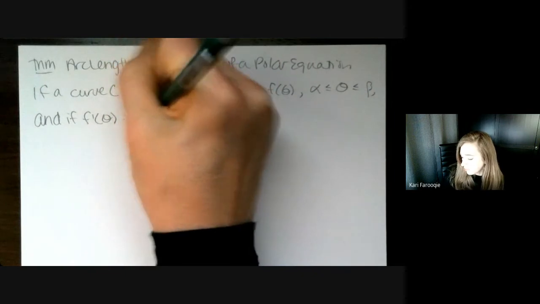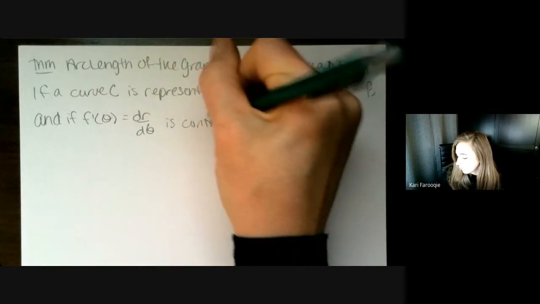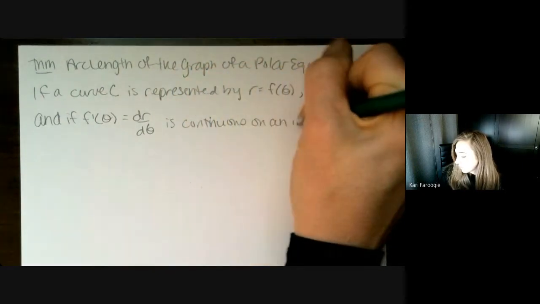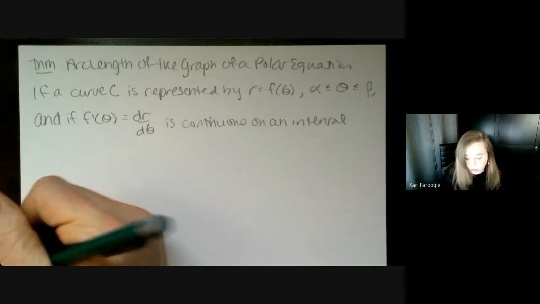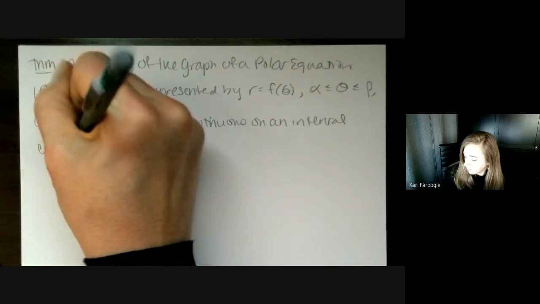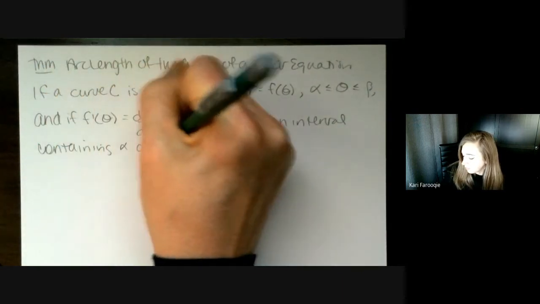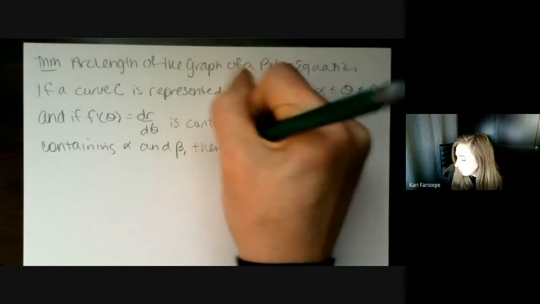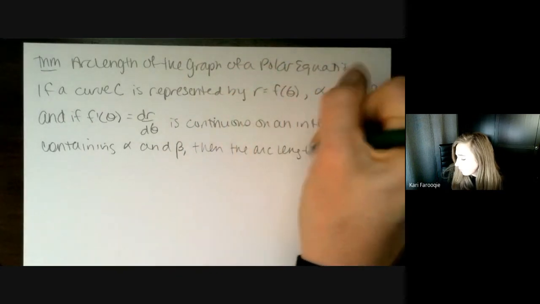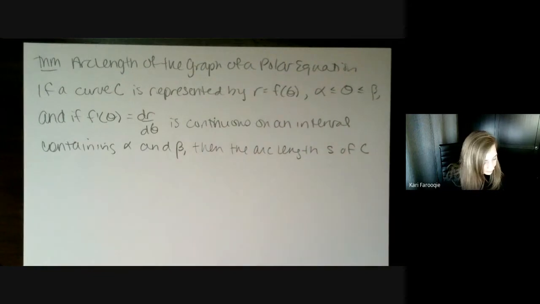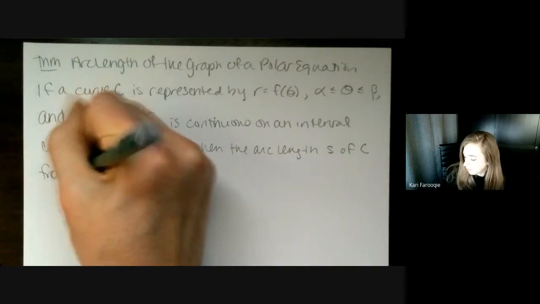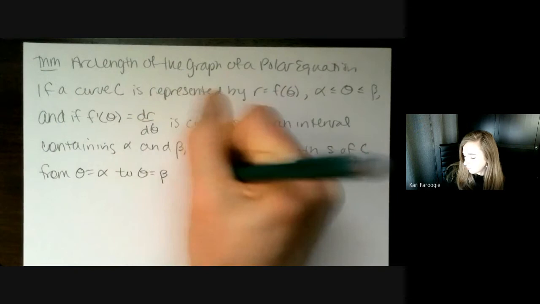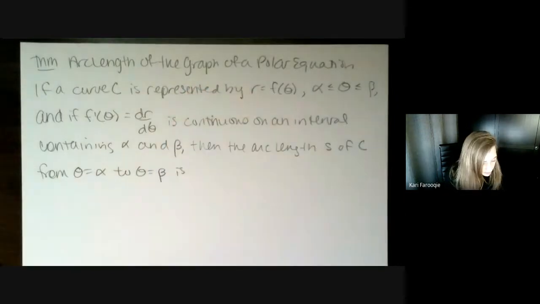equals dr d theta is continuous on an interval containing alpha and beta, then the arc length, little s of C, from theta equals alpha to theta equals beta is the integral